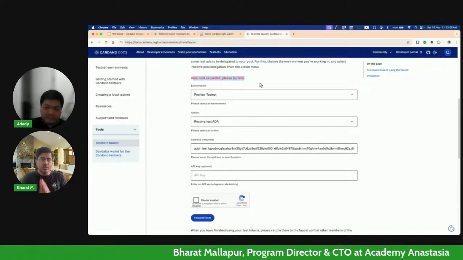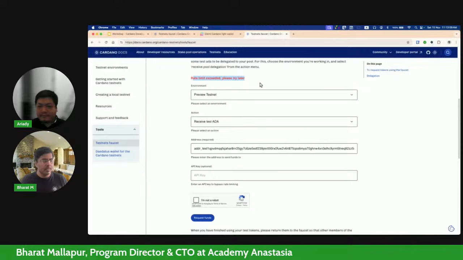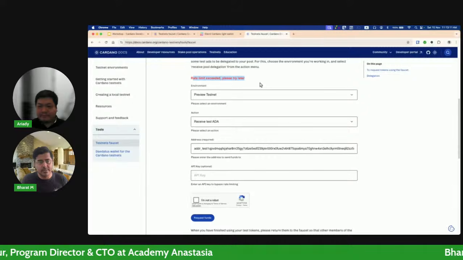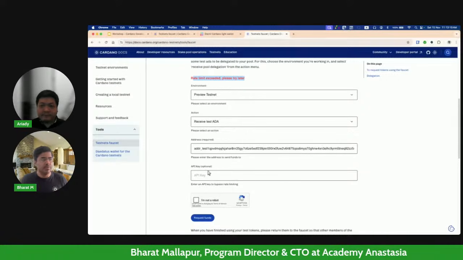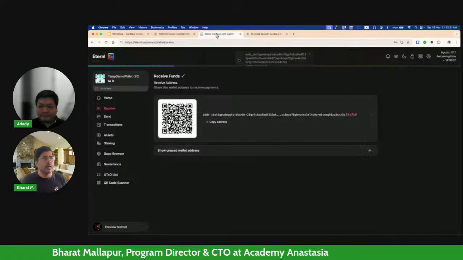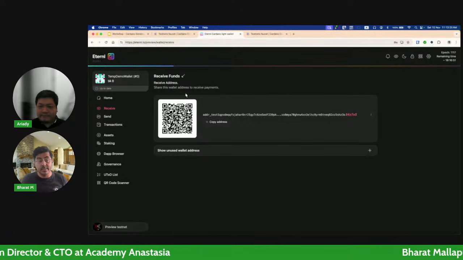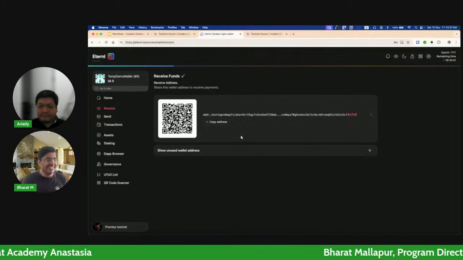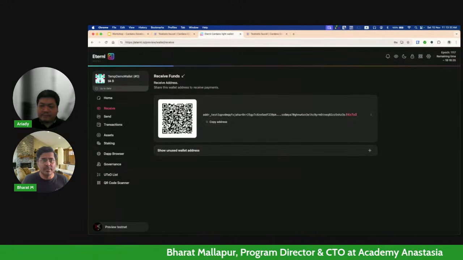So in your particular case, when you set this up, because my IP address sort of gets logged, if I try again from that same IP address, then it's not going to allow me, right? So if I were to do this and it succeeded, request funds, then basically you go back to your wallet and you'll see 10,000 test ADA here. 10,000 test ADA sounds like a lot. It's totally useless, right?